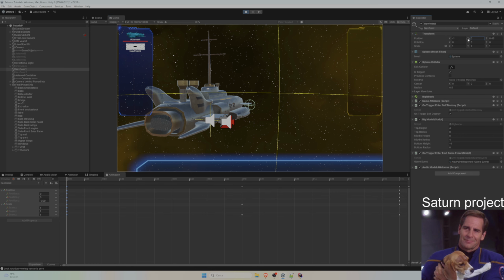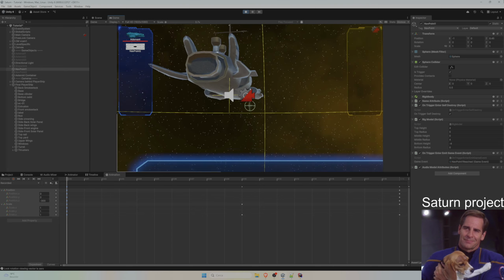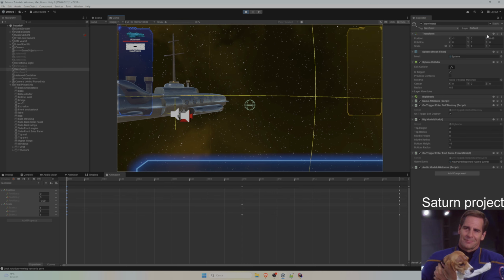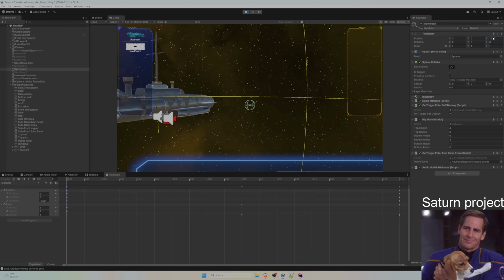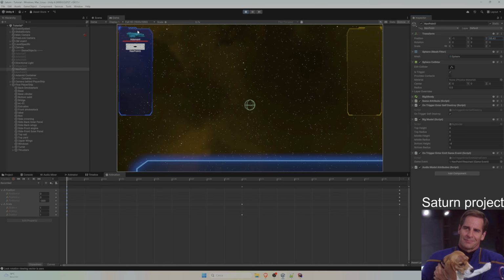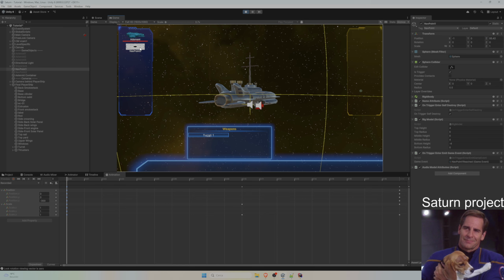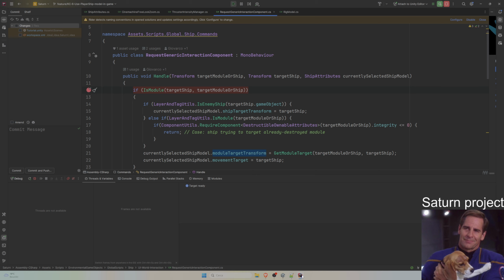Yeah, because this model is very big. So yeah, let's place it further away. Nope. Still not working. This doesn't get triggered. So what this means